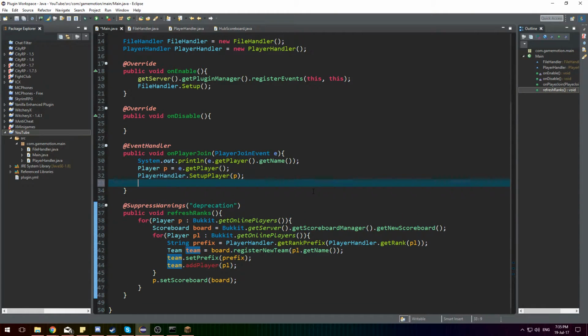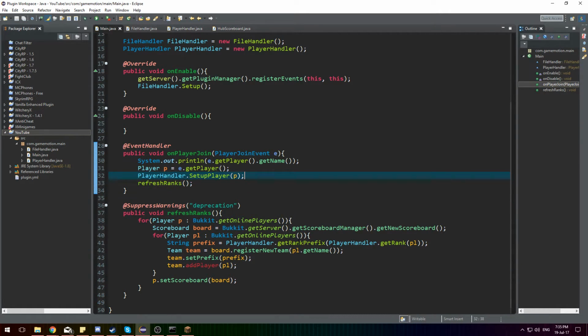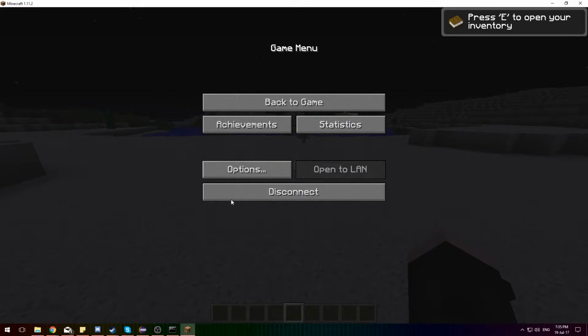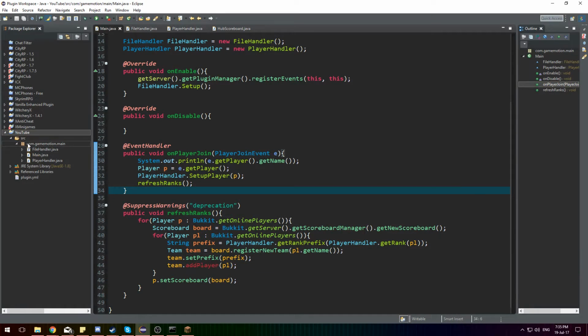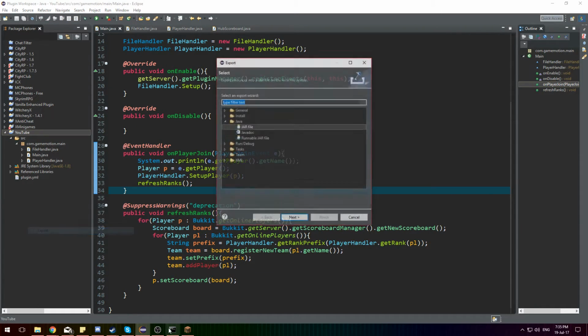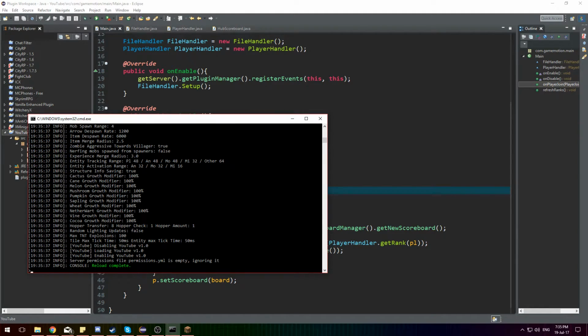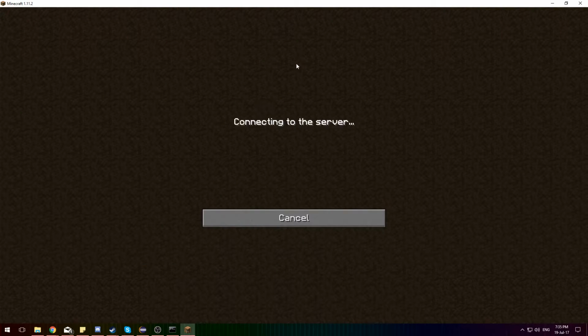So every time a player joins, I want it to refresh the ranks. So every time a player joins, it will refresh the ranks, so then it will display it for them. I may also do it when the player leaves, just to keep it up to date. So now if I export this, reload and join,